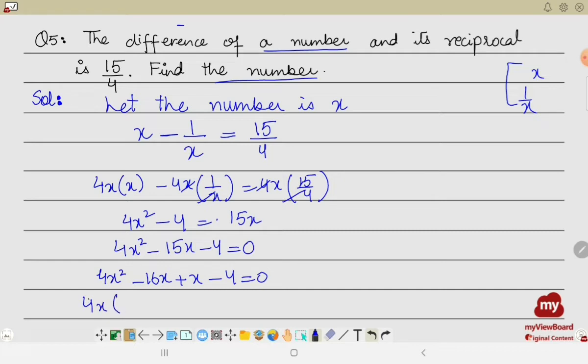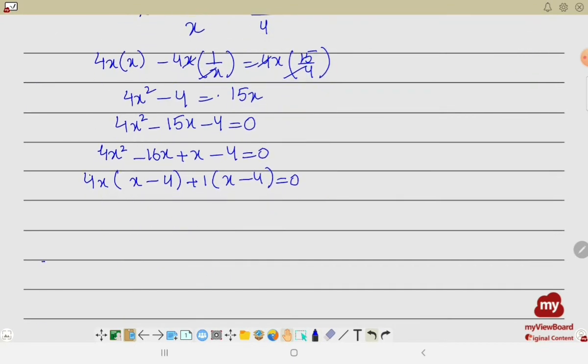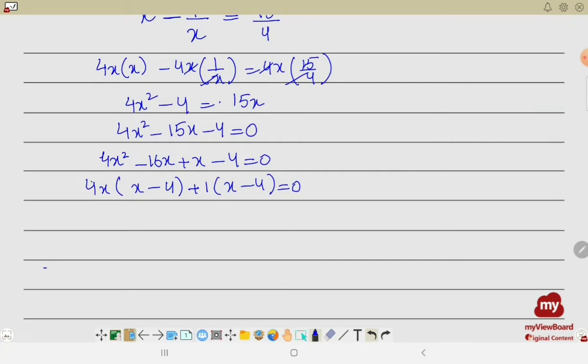So 4x, and we'll take common 4x, and we're left with this. We'll take common x minus 4. So we'll solve further. x minus 4 is again the common factor, so 4x plus 1 equals 0, and